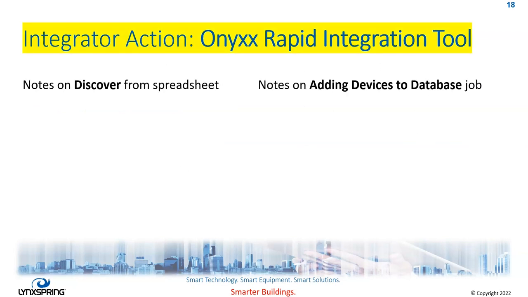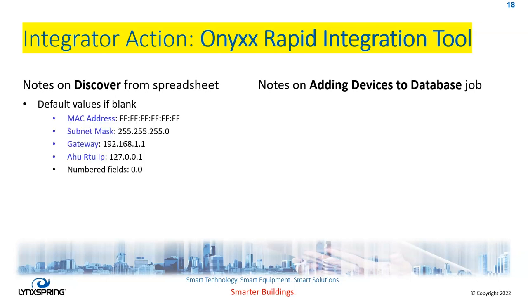Now, before we move on, there are some possibilities that the configuration import or configuration database add job may result in one or more errors. The first thing is that upon discovery, if we leave any of the fields that would be considered the drop-downs on the spreadsheet blank, it's going to fail automatically. So that's if you actually are using the original spreadsheet with the drop-down fields. This doesn't necessarily apply in the configuration tool itself, but if there are certain things that you did leave blank,